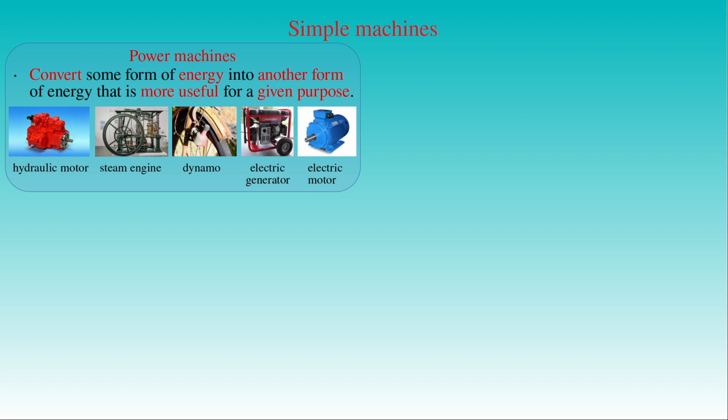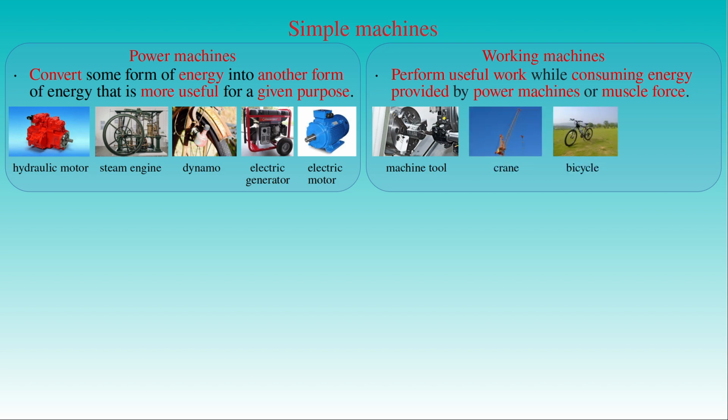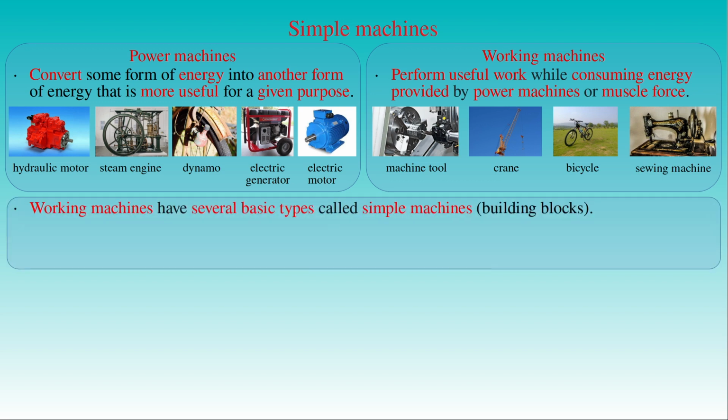The counterpart of power machines are working machines designed to perform useful work while consuming energy provided by power machines or simply muscle force. Typical examples of work machines are machine tools designed to form or cut parts made of metal or other rigid materials, cranes used to lift heavy objects or to move them horizontally, bicycles, which are pedal or motor powered, two-wheeled steerable single-track vehicles, or sewing machines used to stitch materials with thread and powered by treadle or electricity. Working machines have several basic types called simple machines, which are essentially the building blocks of more complex